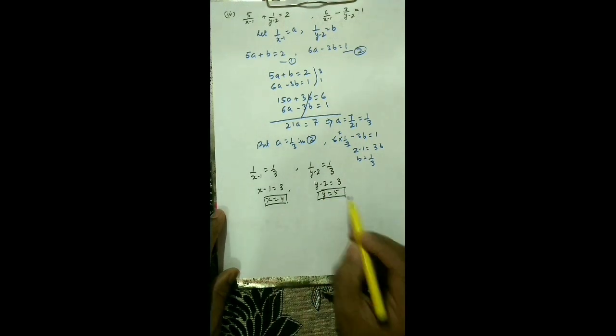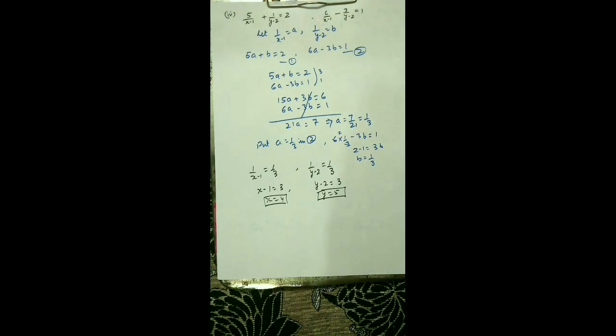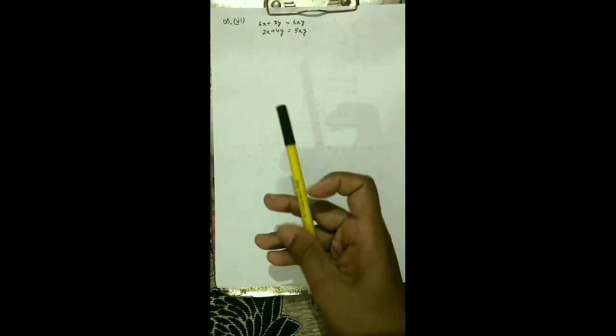So this is your final answer, and you see how we are proceeding. If you follow some common concepts in how we are doing all these questions, you can do the rest of the questions yourself also. Now we'll discuss question number 5 and question number 6. They are of both types.